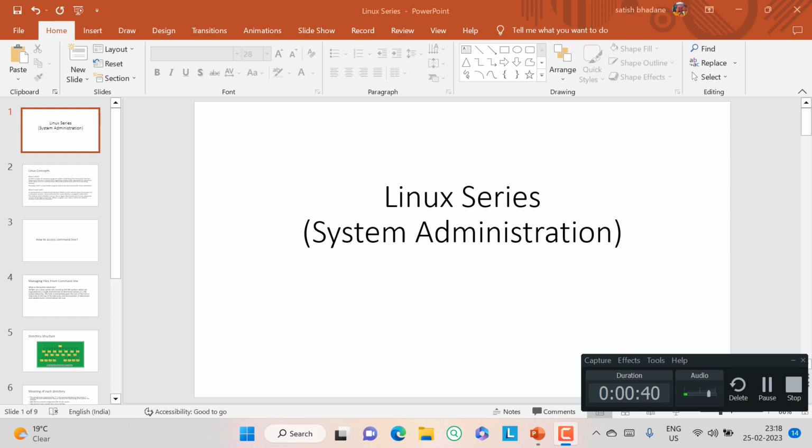Before we deep dive into the DevOps series, we'll start with the Linux series. Linux is very important to start with DevOps. So first today we are going to learn about Linux basics and how to access the command line, then file system management.